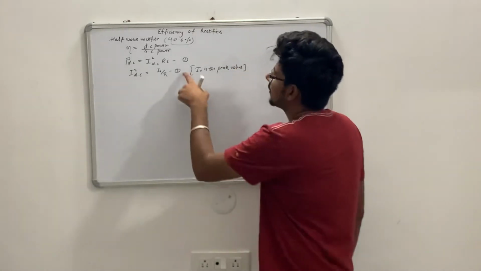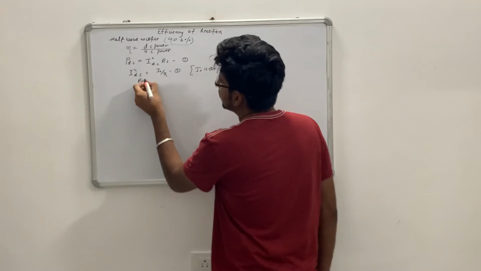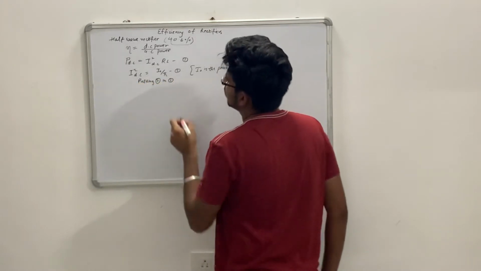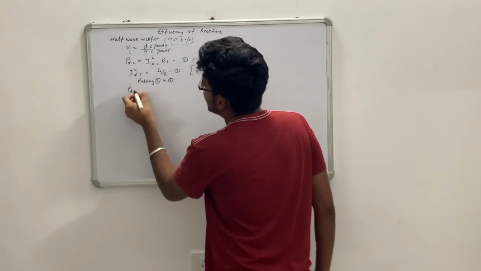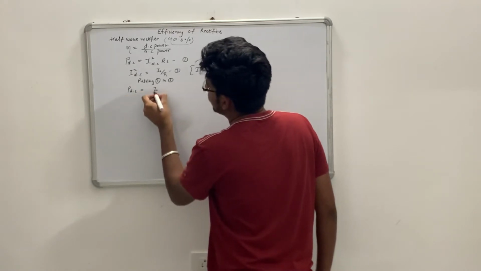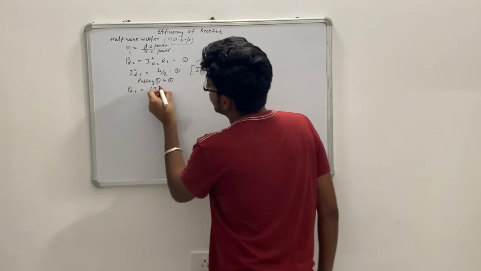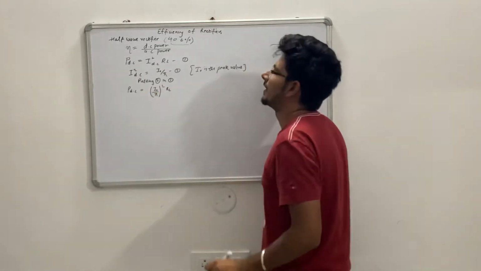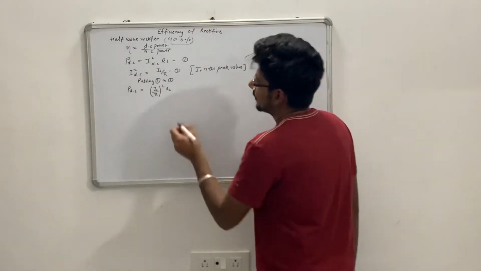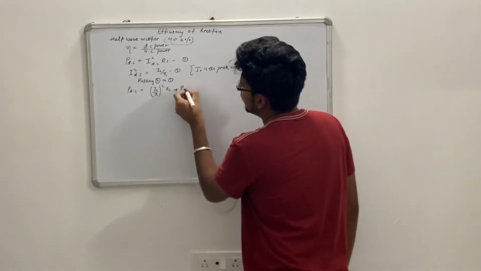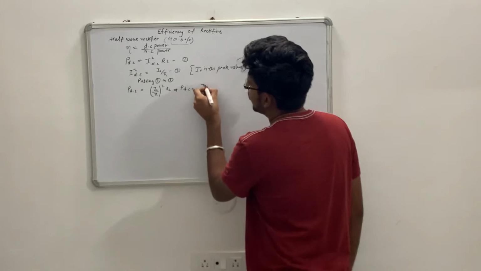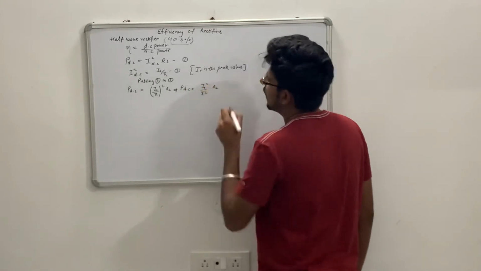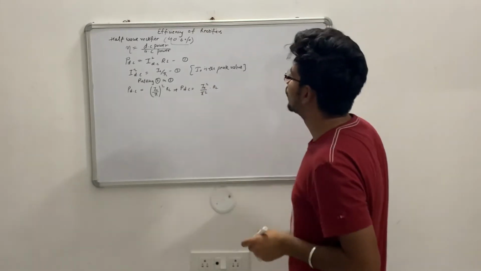So now we'll put 2 in 1. Putting, PDC is equal to I naught divided by pi square into RL, which implies PDC is equal to I naught square divided by pi square into RL, where RL is our load resistance.